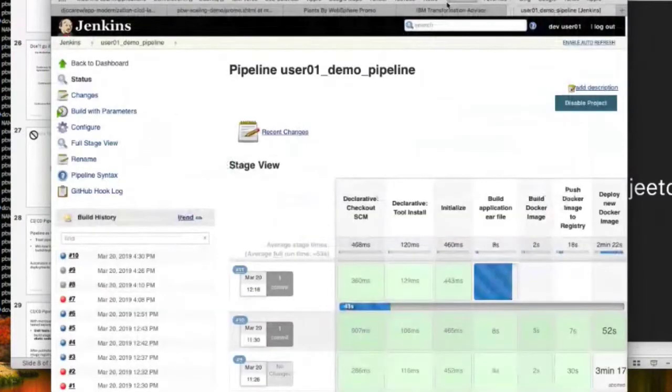And hopefully that took it. If the demo gods are with me, this should kick off. So I do have a backup plan in case this doesn't. Okay, yeah, it has kicked off. So you see the last build was number 10, and you can see that number 11 has actually kicked off